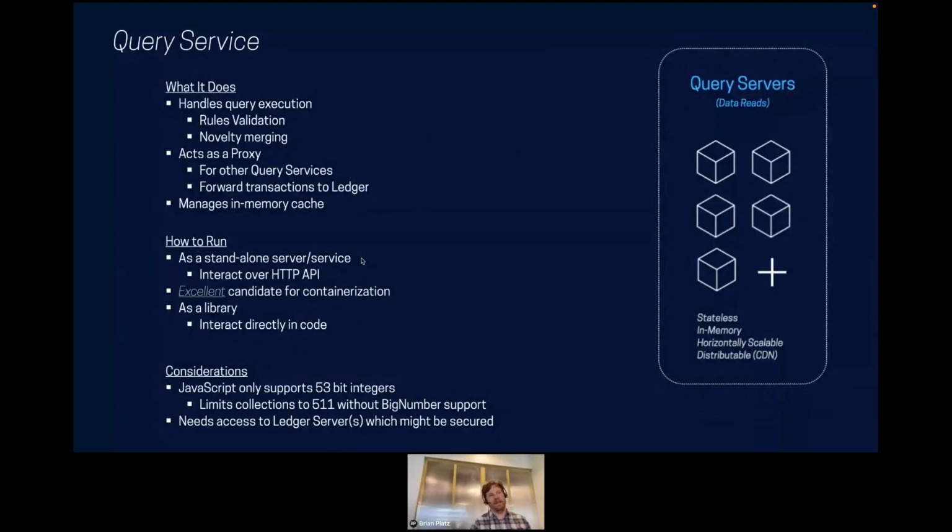Before, I said that for the ledger servers themselves, there are some trade-offs if you decide to containerize them. Here, this is really designed to be containerized. This is how we typically run query services at Fluree. We run them in containers. The query services inherently have no state. They're perfect candidates for containerization. Put them in